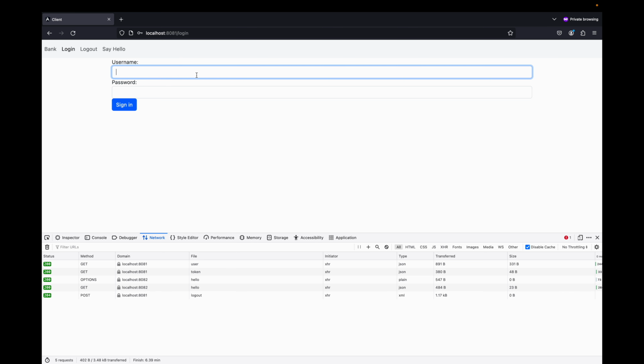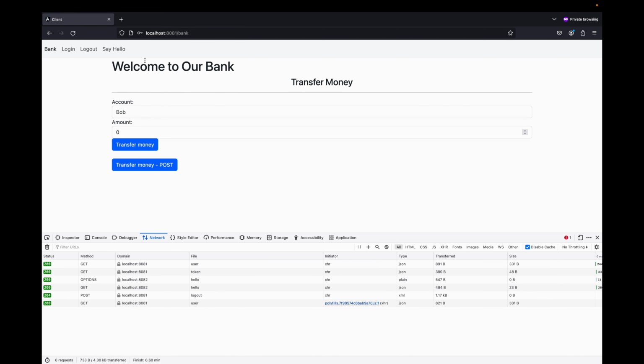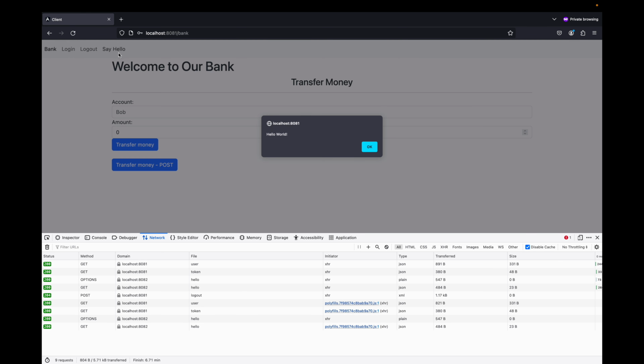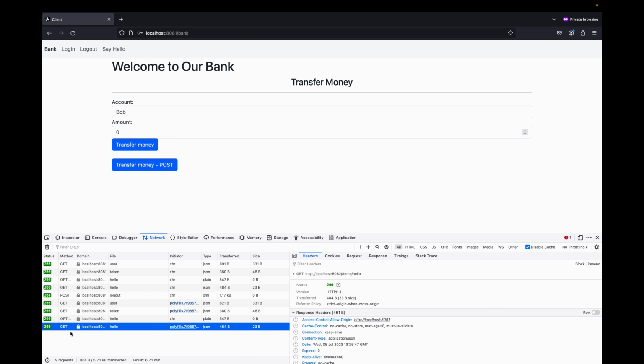We can log in using username and password, and after that we can click on the say hello button, which will call an endpoint of the resource server, and then we can see the output here. Now if you go to the network tab, you can see the GET request is to localhost 8080, that means